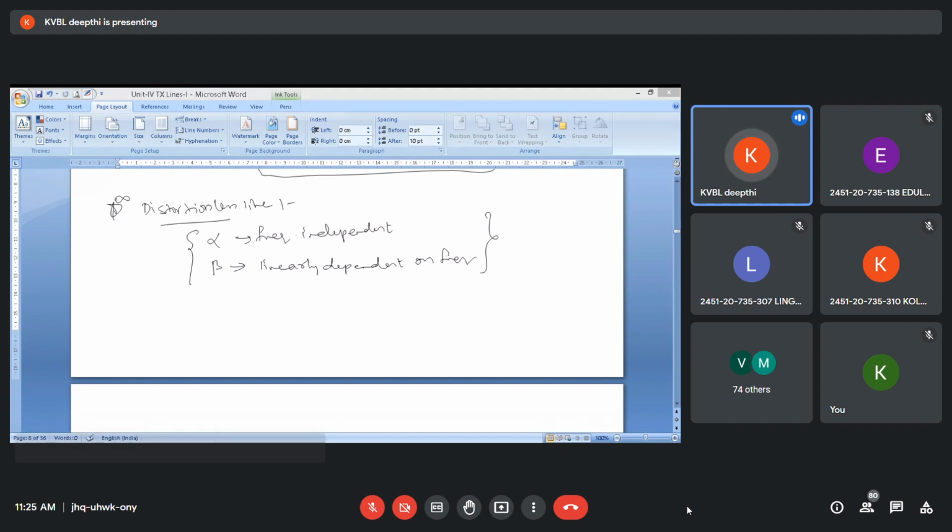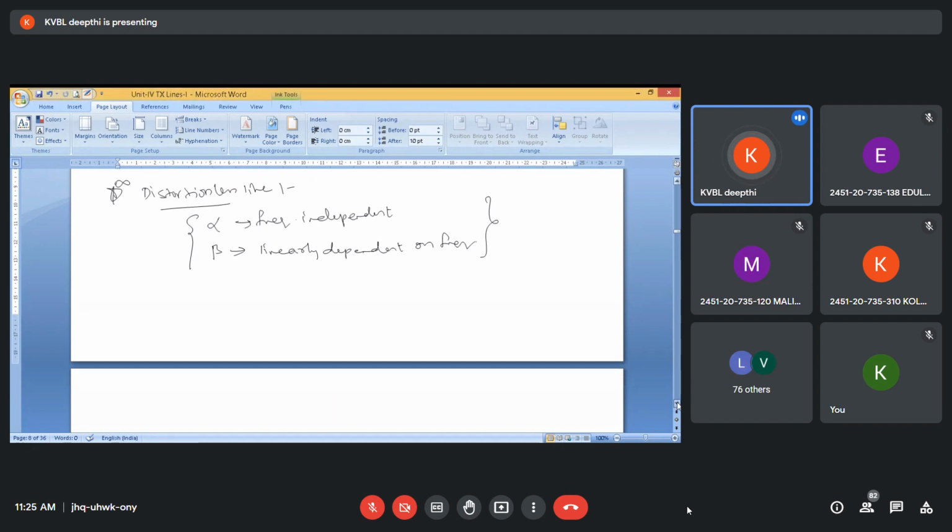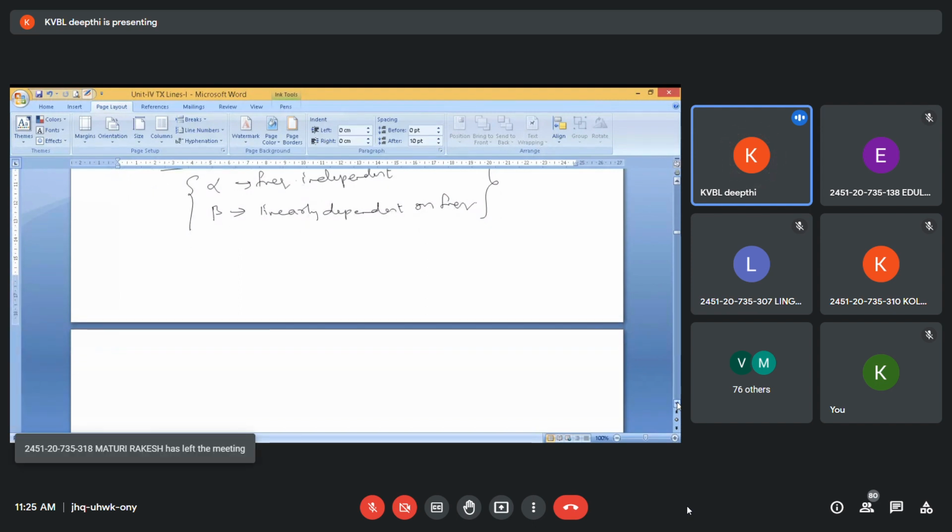How many types of distortions do we have? We will first talk about that one. Then we will be discussing all about the distortionless line. It will hardly take 10 minutes. Okay. So in general, distortion